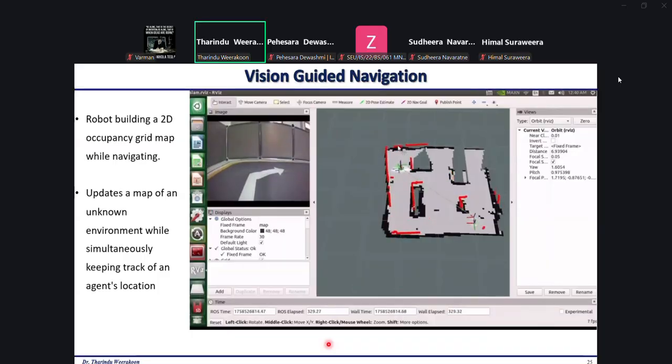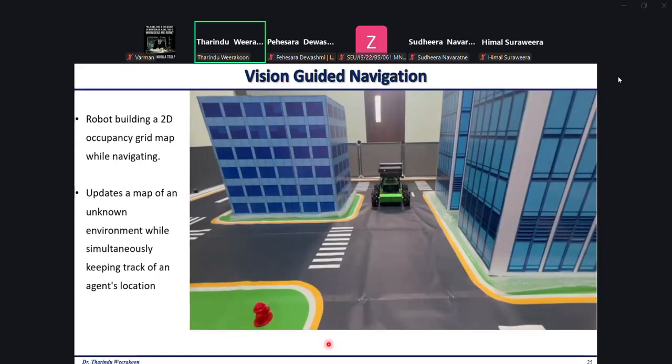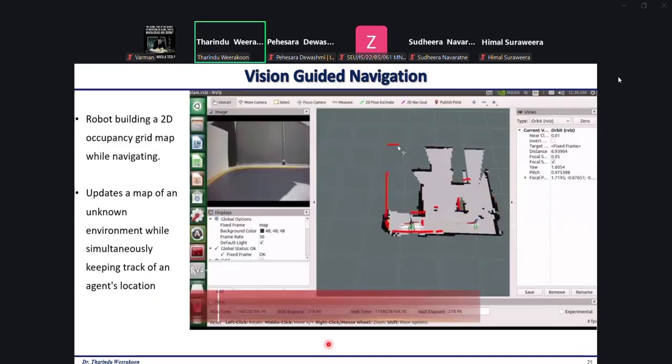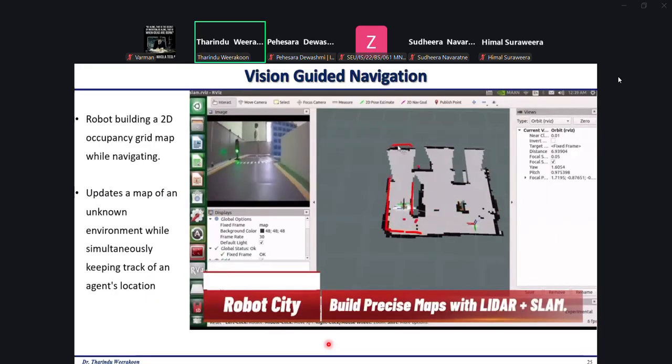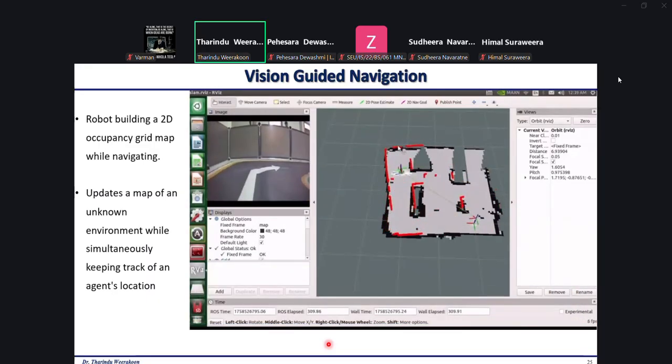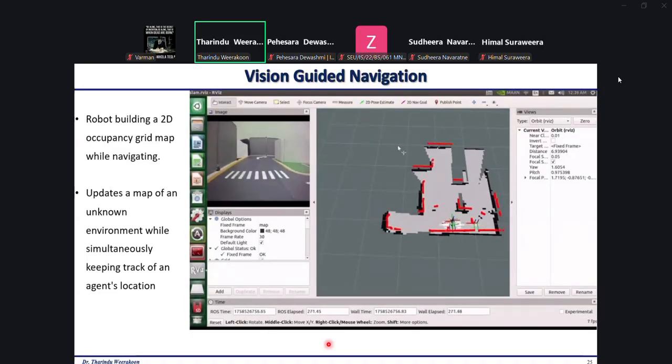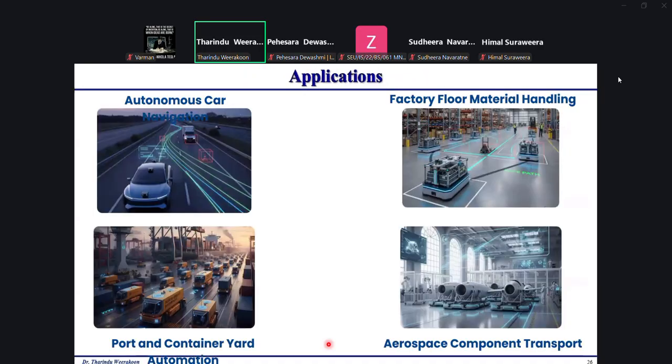Just to give you an idea about how we integrate advanced controls and learning together for better robot navigation, for example, intelligent robot navigation. There are plenty of applications, for example, autonomous cars nowadays. This is a big topic, right?